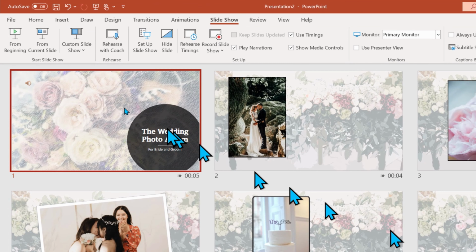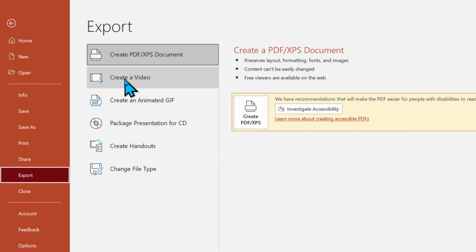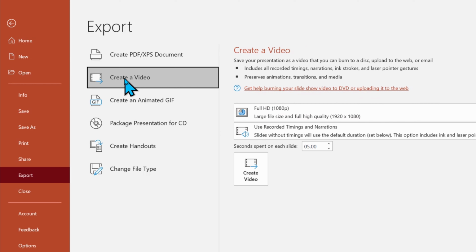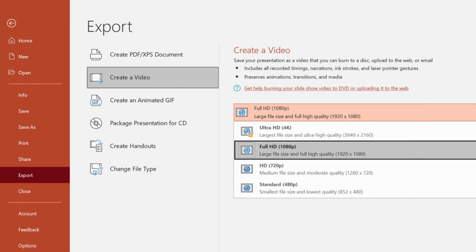With the presentation open, go to File on the ribbon menu and click on Export and choose Create a Video. Here, you're going to have different quality formats to select from. The most likely choice should be Full HD, as most target projectors and big screen TVs are going to support 1080p formats. Going bigger will create a larger file that will be hard to move around, and your laptop may even struggle to play it smoothly.